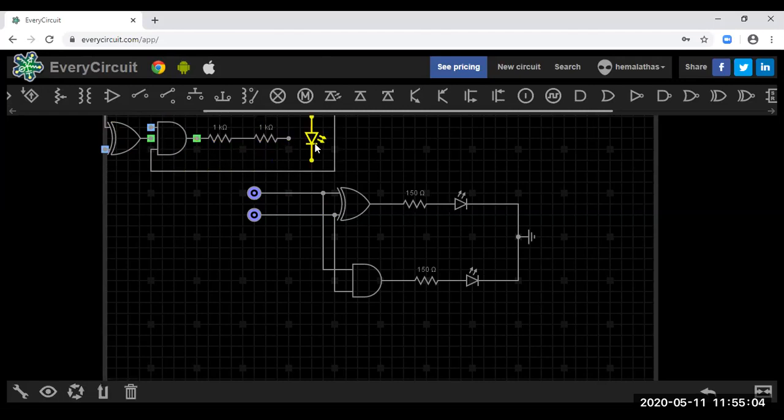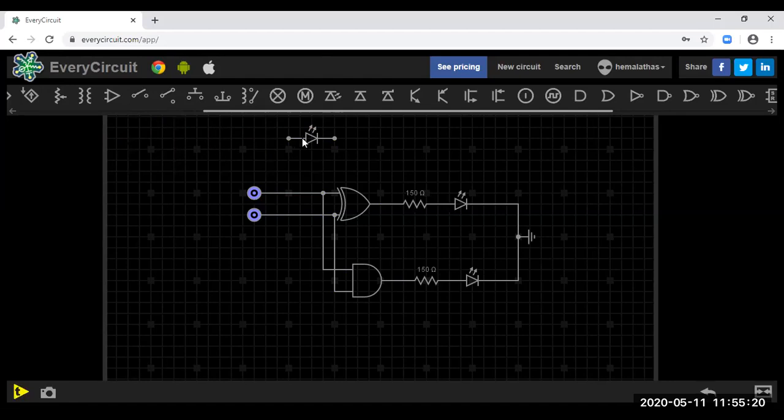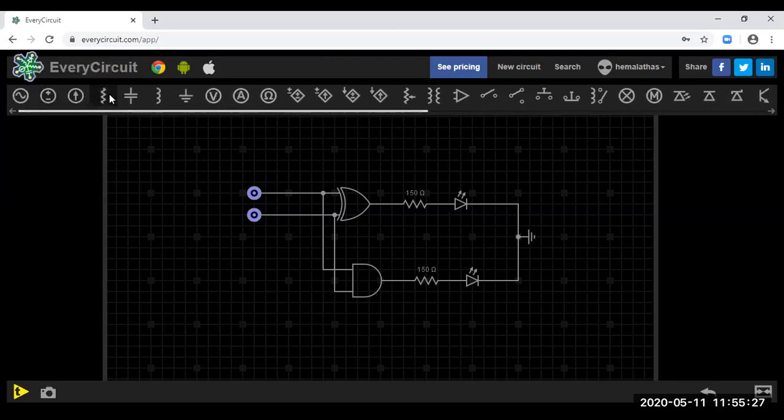And you have the LED. You can delete any element by clicking on it and pressing delete. You can delete. You can delete. Here.